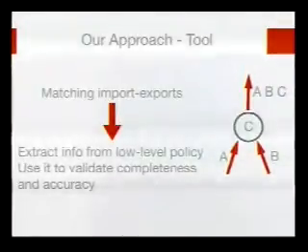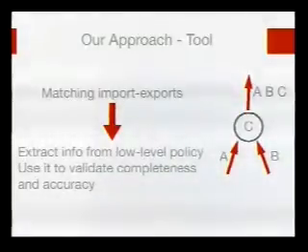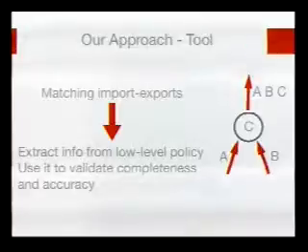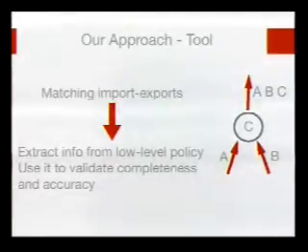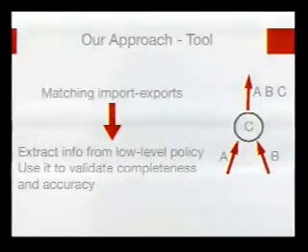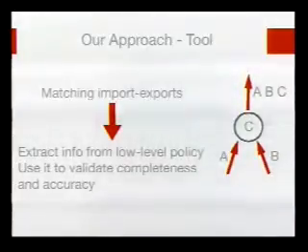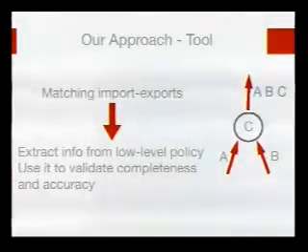The next thing we want to do is check the policy of the AS in isolation. Is the policy as registered correct? In order to do this, we have to match what the AS imports and what the AS exports. In this small example, this particular AS exports A, B, and C. So from where does it import them? How does it know about A, B, and C, okay? C originates from within the AS, A comes from the left link, B comes from the right link. So basically we want to compute, from the low level policy, the link level policy and be able to check if the policy is complete and also accurate.